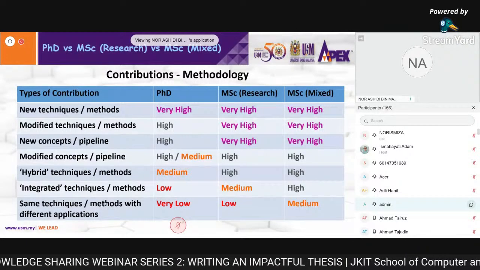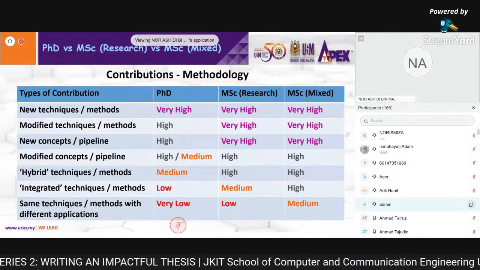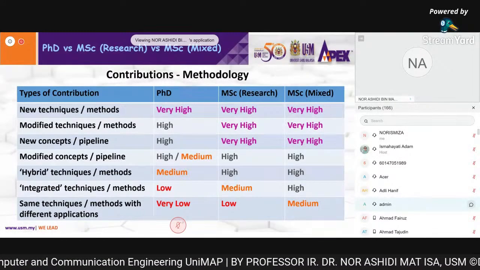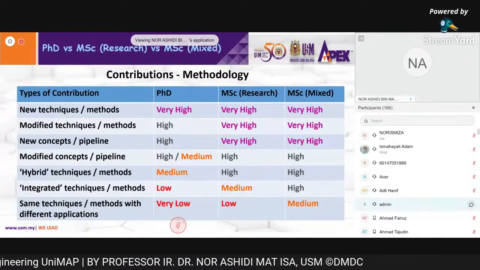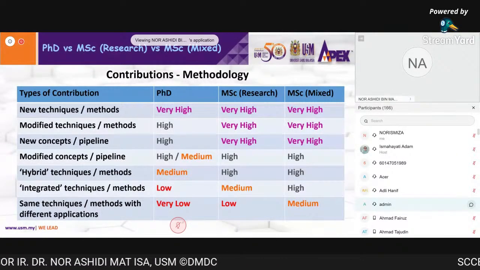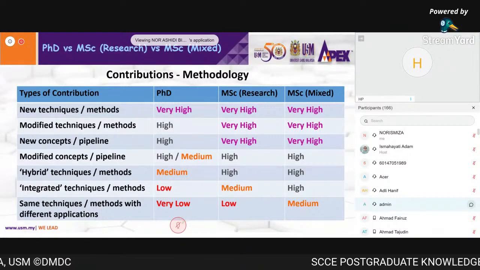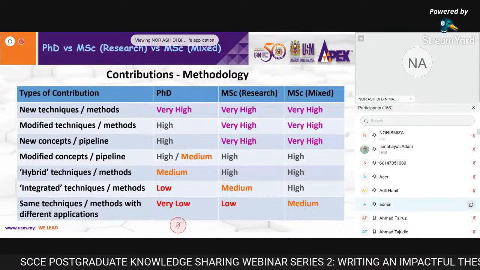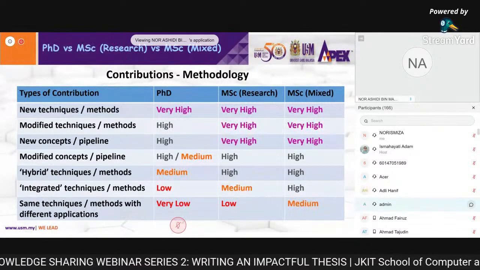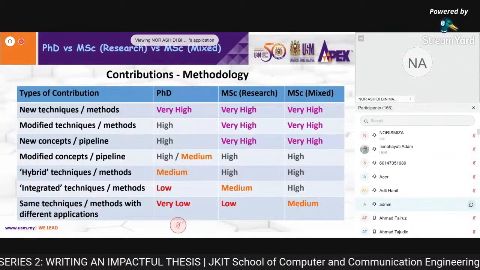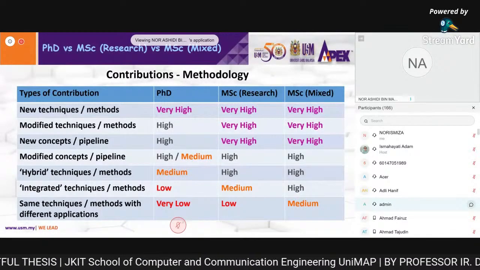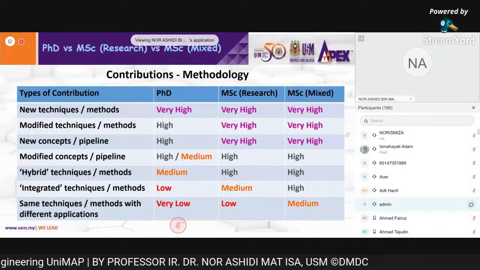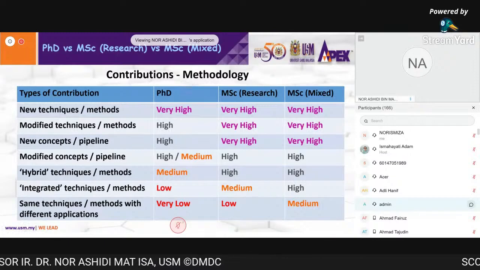For hybrid techniques you need extra work, because when you want to combine or mix them together to come out with one full method, there should be a few cases to be investigated. Maybe it doesn't fit directly. You need to change a little bit here and there. That's why hybrid and integrated are different. For integrated, it's only okay: you have the parameter, you just change the value of the parameter.